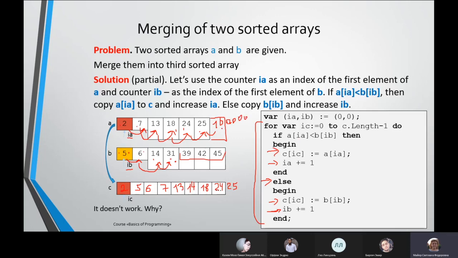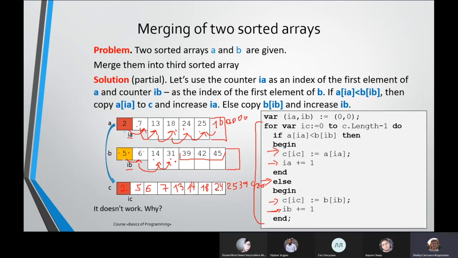It's not 1 million, it's for example 1,000, or 100,000, yes? So some big number here. And if we are going to compare, the B elements will always be less and they will be added here, yes? So it will be 39 and then 42 and then 45. And of course, we need to have an extra